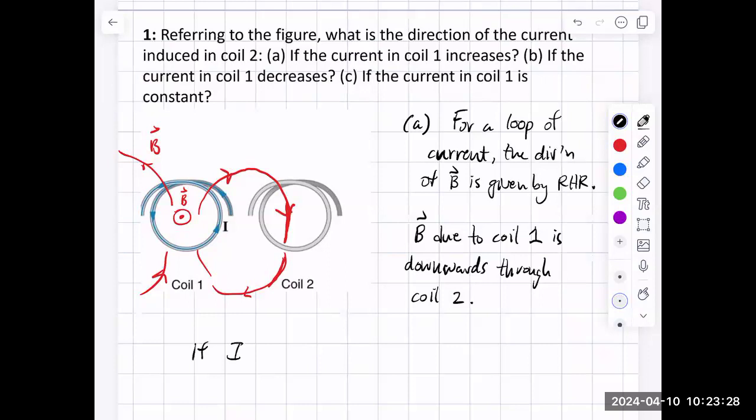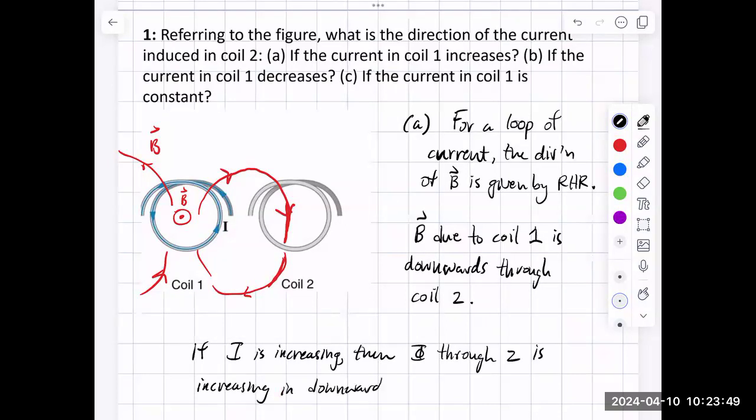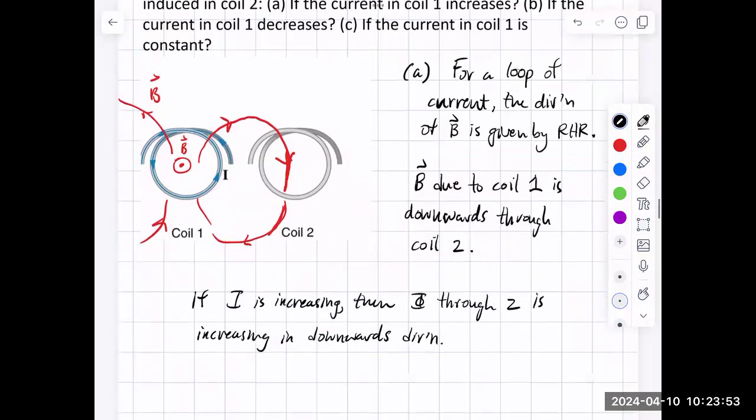So if I is increasing, then the flux through coil 2 is increasing in the downwards direction. So by Lenz's law,